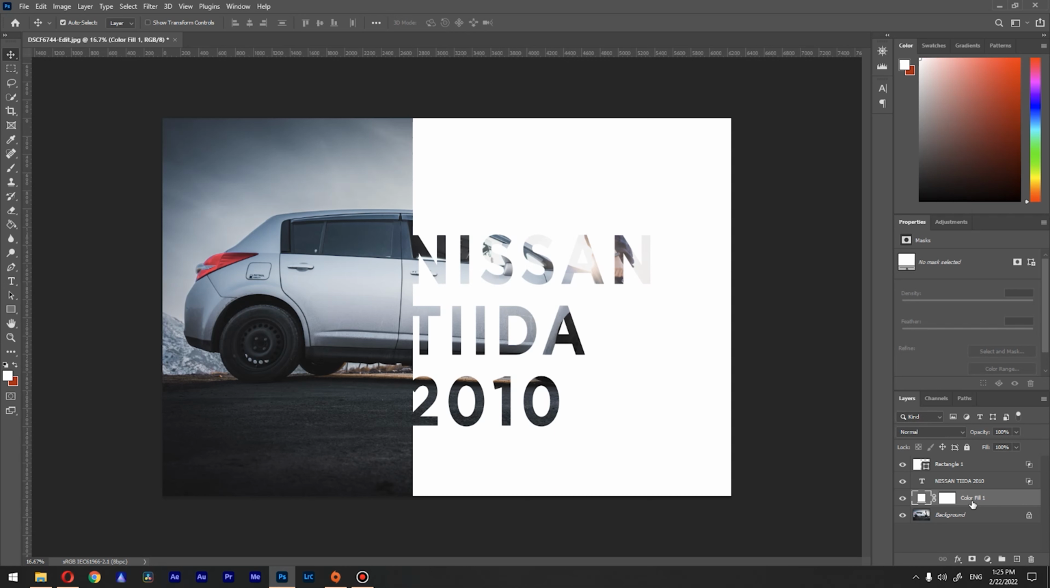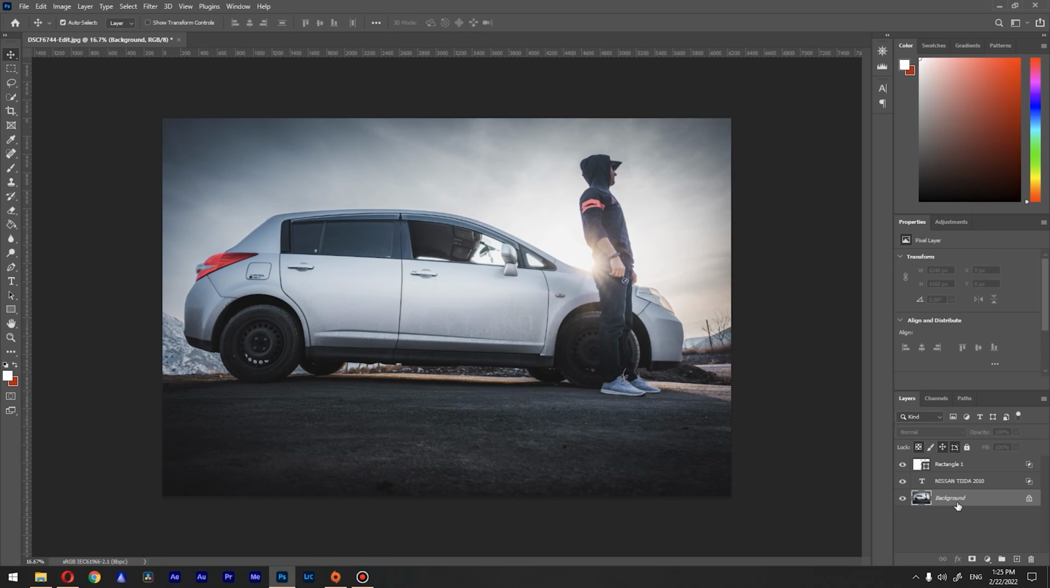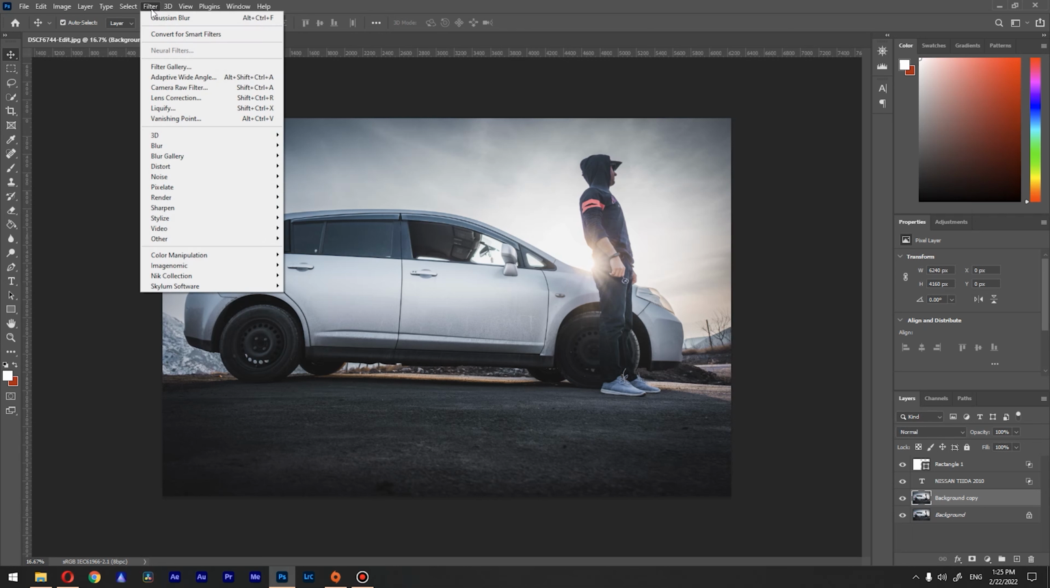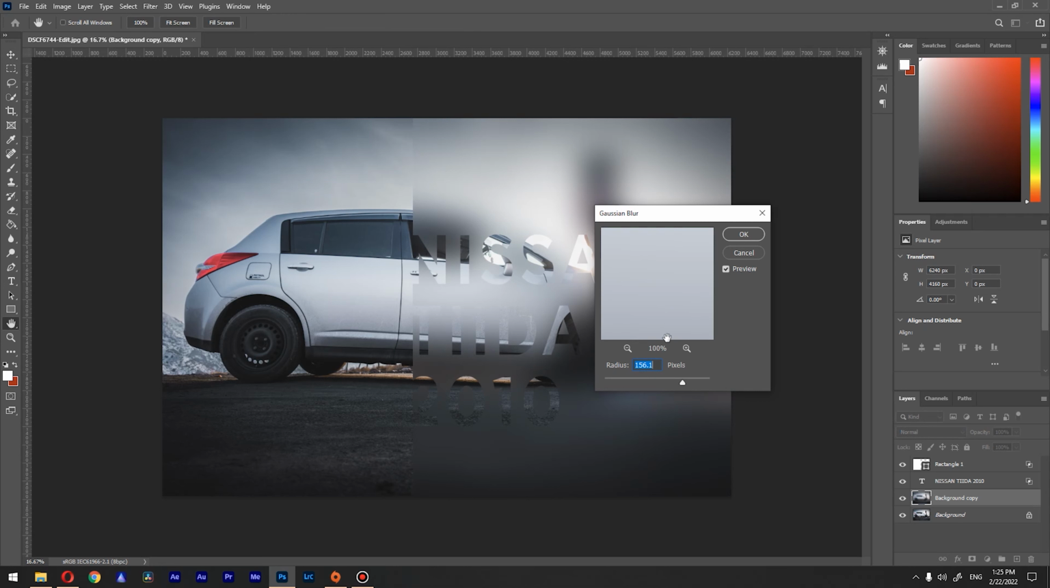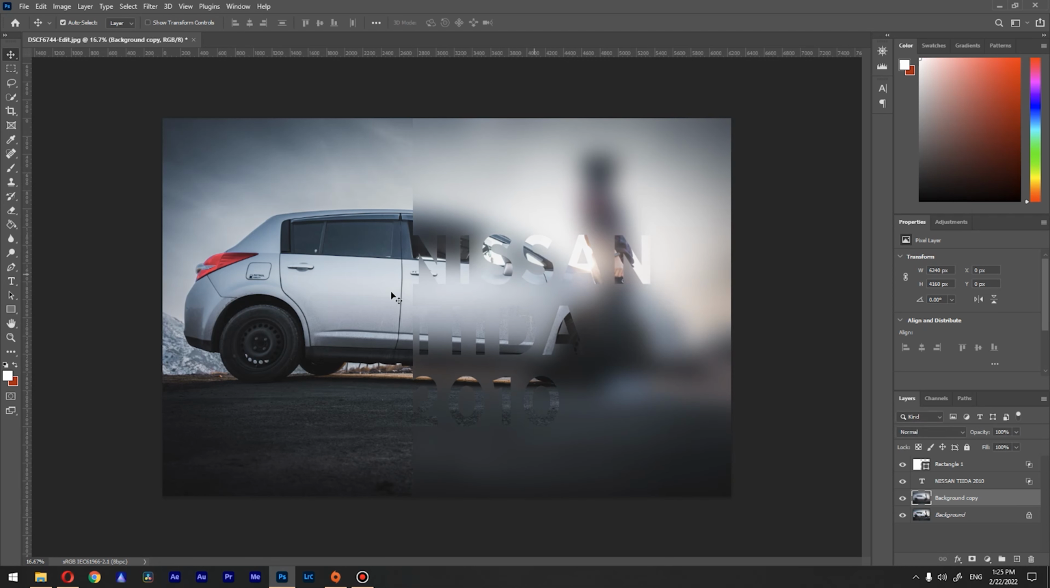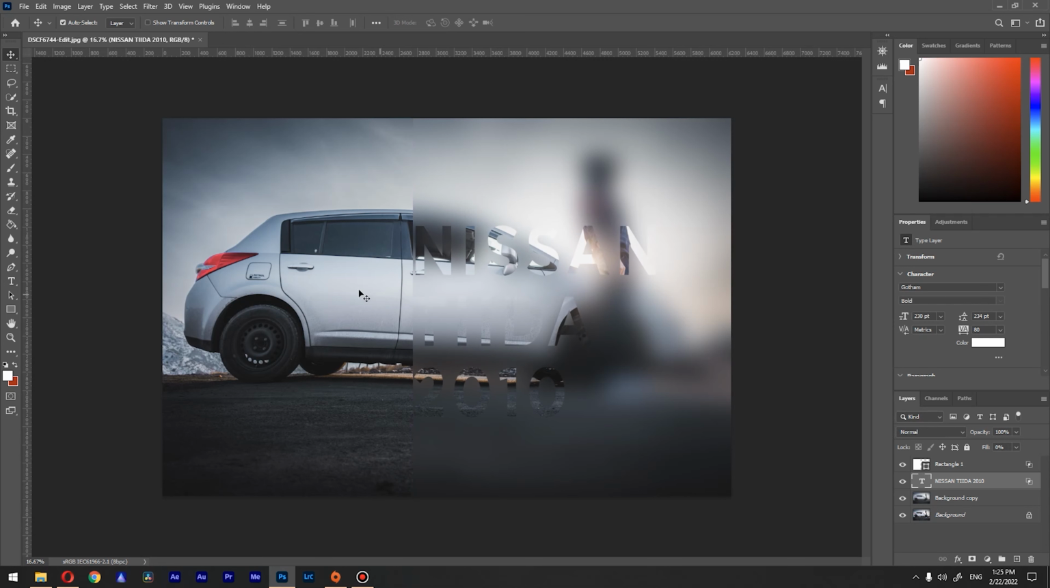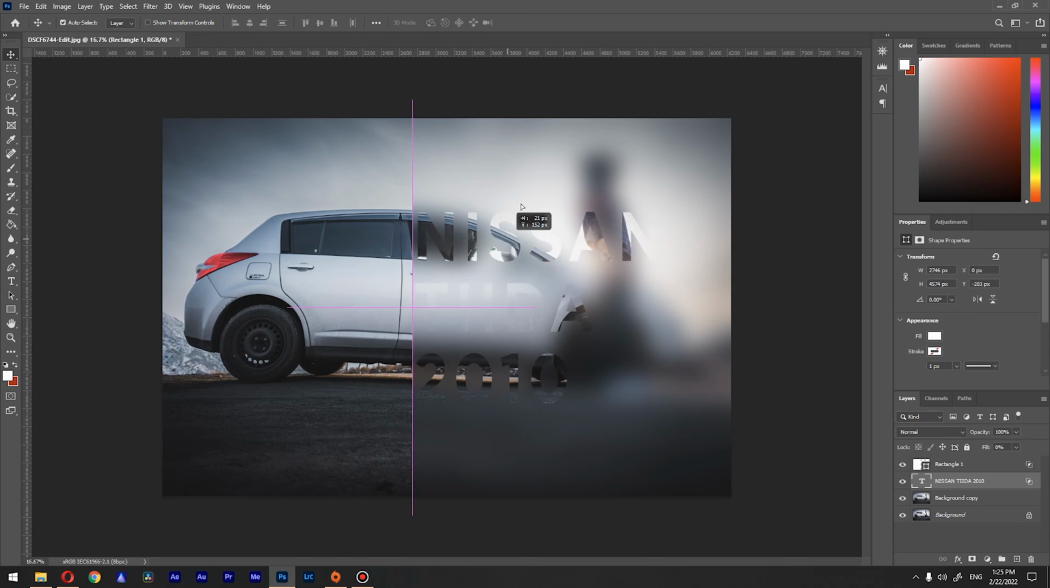So let's delete our color fill here. Let's duplicate our background by pressing Ctrl J, and we're going to, for example, blur this. So go to blur, Gaussian blur, and go something very high. For example, 150 looks good. Press OK. So you can see that our text is perfectly visible and our rectangle is visible, and basically we